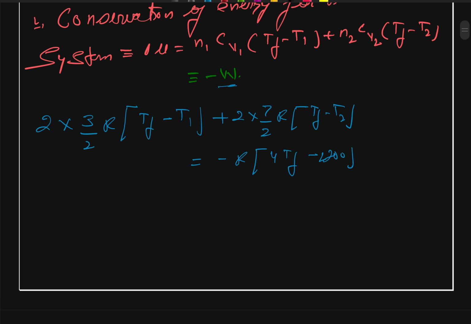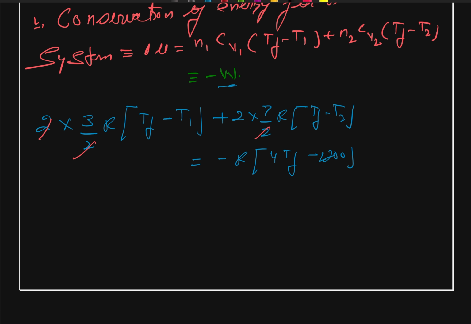Here this 2 cancels out throughout and R also goes away, so we get this as our, one second, this is 5, so we get from here this will be 3 Tf and this is 5 Tf, giving us 8 Tf